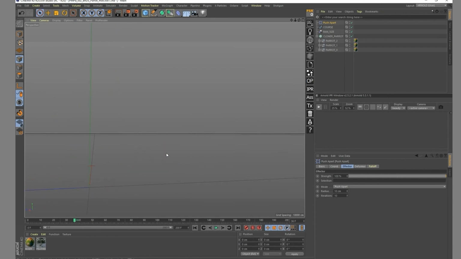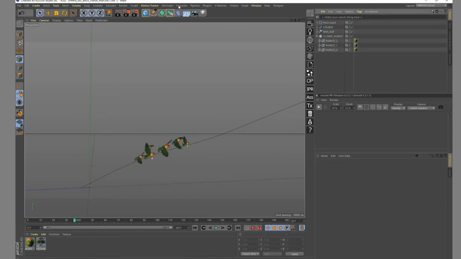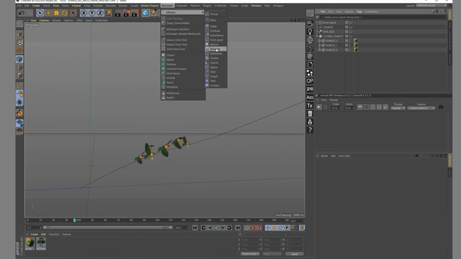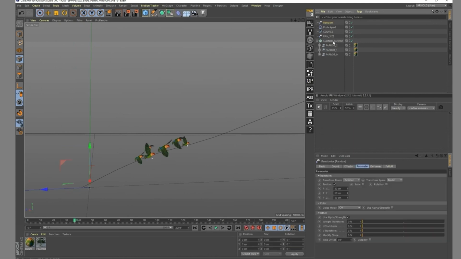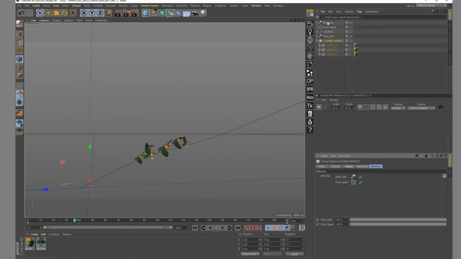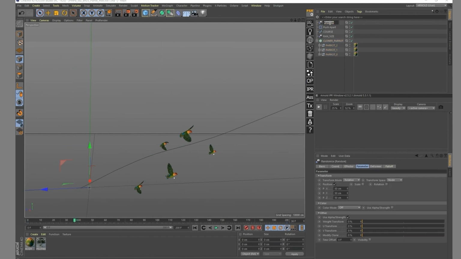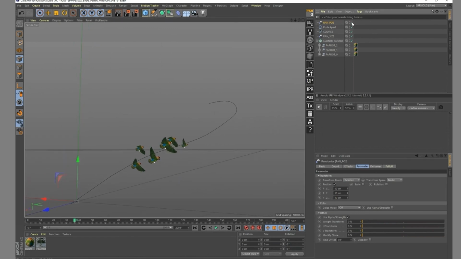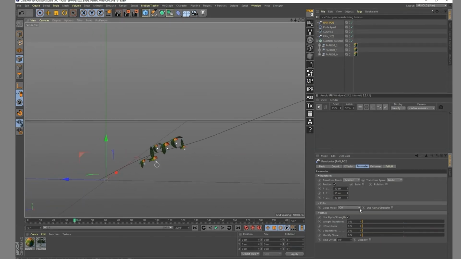Everything is on the right thing, and so on. What I can add to that setup also is having a bit more variety on the positioning of each of those elements. So I'm going to add a new random, being sure that it's applied to the cloner. And that random is going to be a random position. So the position itself, 50 is a bit too much. So once again, 10, 10, and 10. And that's without the cloner, that's width. So I have a bit more control on that, and I can make them spread away during their flight.